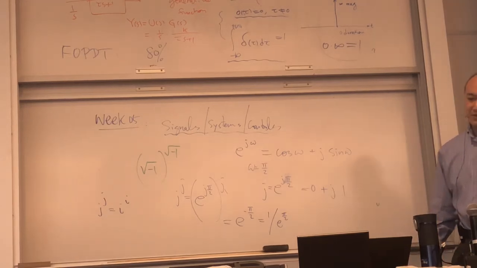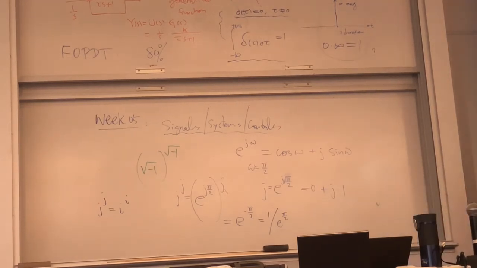So I just want to tell you that whenever you see this one, you should say, oh, I got a cosine omega t and sine omega t. Basically, it's a complex cosine and sine, it's just like waves, okay? And you sweep the omega, then you say, oh yeah, that makes sense, okay?